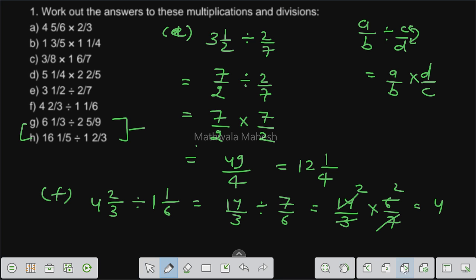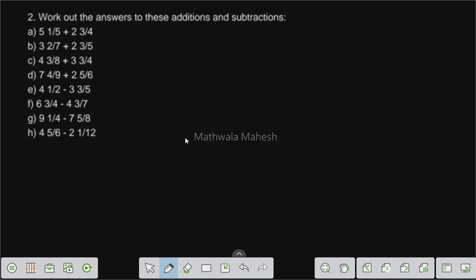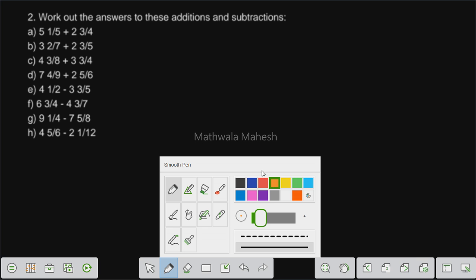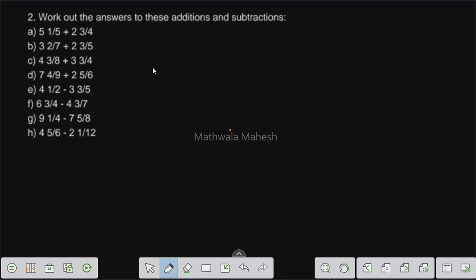Now moving to the next one. Second question is, work out the answer to these addition and subtraction. So now we have to add and subtract the numbers. Okay, so the first one is